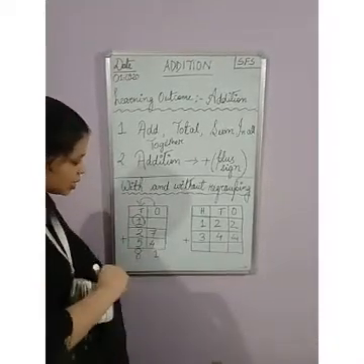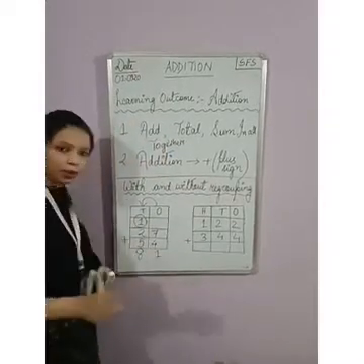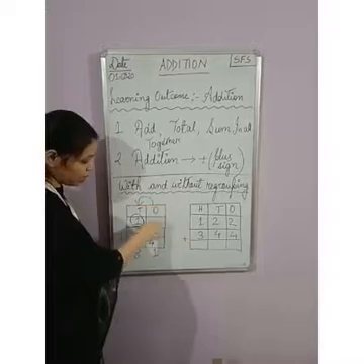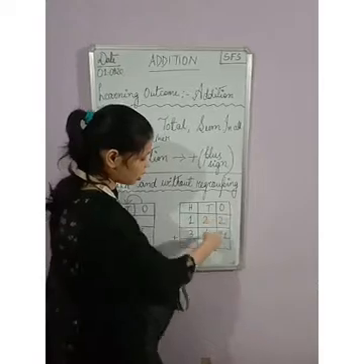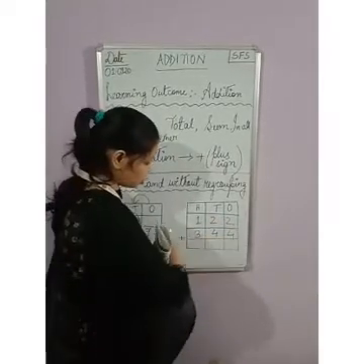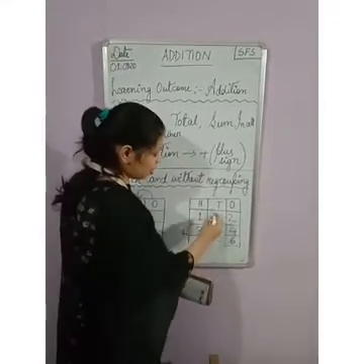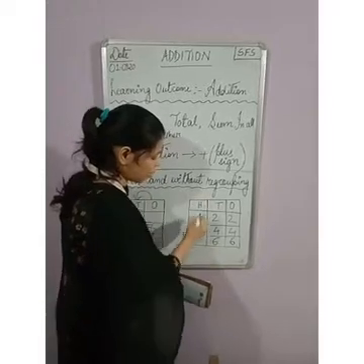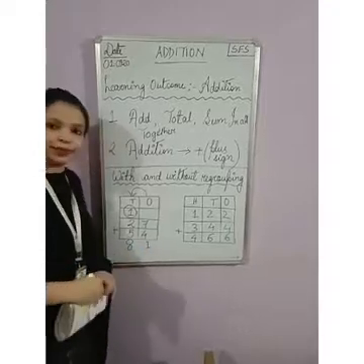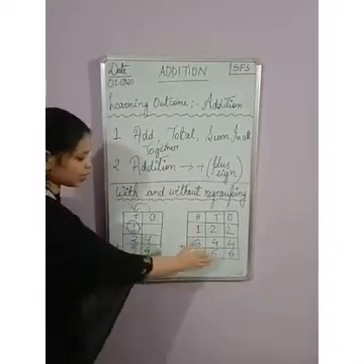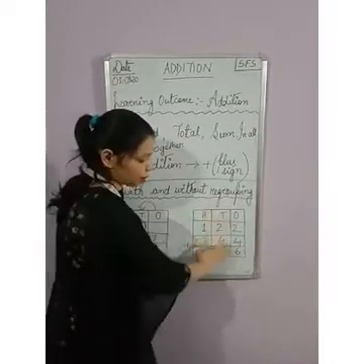Now let us look at the 3-digit number. Remember one thing: when we are adding numbers, we always start from the ones place and then we continue. Similarly here, in the ones place we have 2 and 4. I add this and get 6. In the tens place it is the same, 2 and 4, 6. And in the hundreds place I got 1 and 3. So 1 plus 3 is 4. Okay children? So this is for 2-digit and 3-digit numbers. When there is carryover, I keep an empty row. When there is no carryover, I put it in this way.